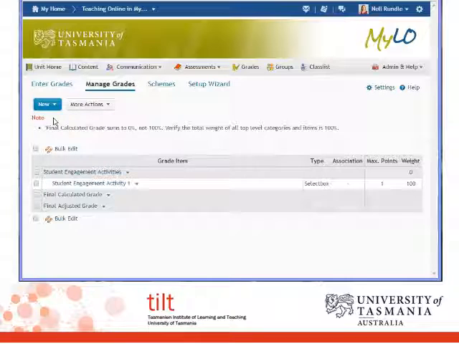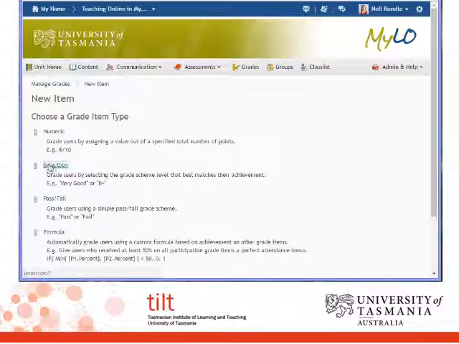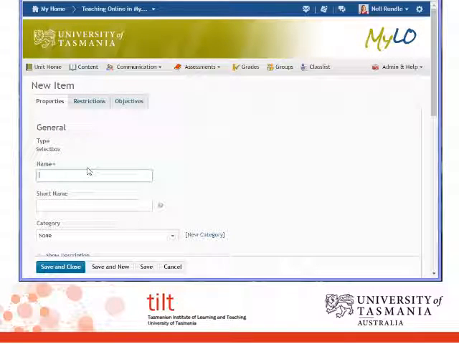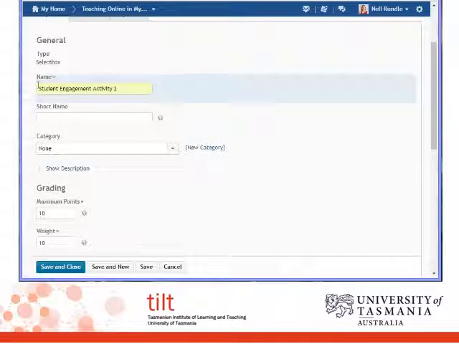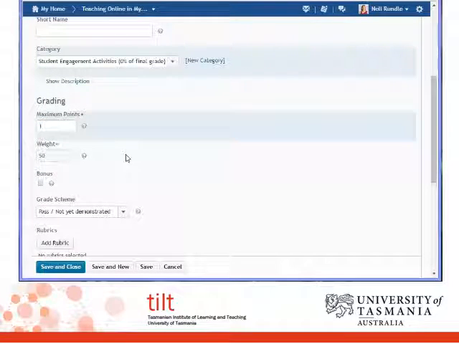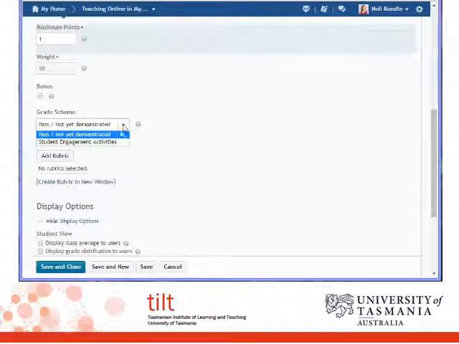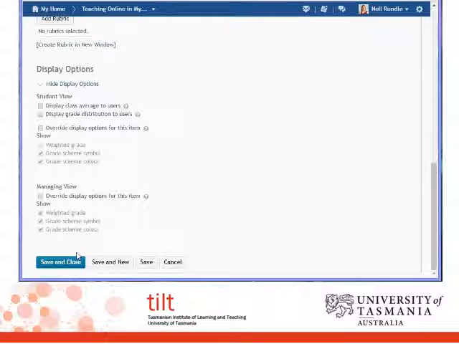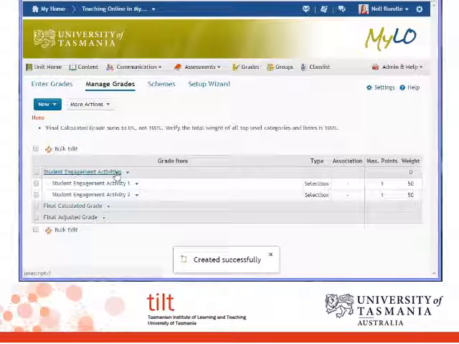We then do a new item and exactly the same thing, select box. We're going to type in student engagement activity 2. Now it is important that these are the names that you give them. The category is student engagement activities, again max points 1. And don't worry about weight. Grade scheme, student engagement activities needs to be the grade scheme. Scroll to the bottom, just double check that it's the symbol and the colour that's being shown, and then select save and close. So you can now see that student engagement activities